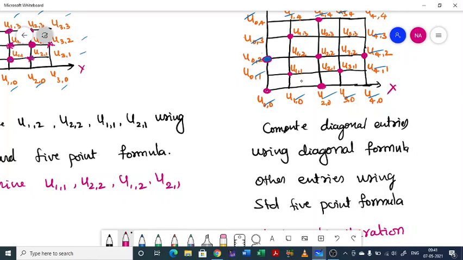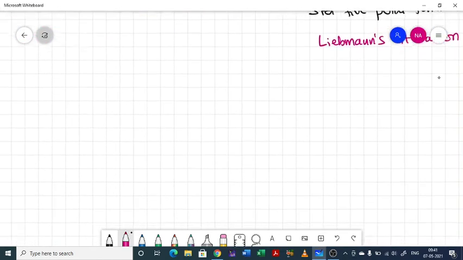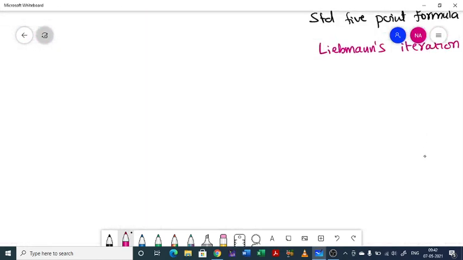Earlier we had 2 formulas. For the iteration process you have to use only the standard 5-point formula. Then you can apply iteration once or twice or thrice. That depends on the problem statement. So usually twice can be asked at maximum. You will not be asked to apply more than twice. So maximum you have to apply 2 times. So this is about the working procedure for the Laplace equation. Now let us start with the problems.